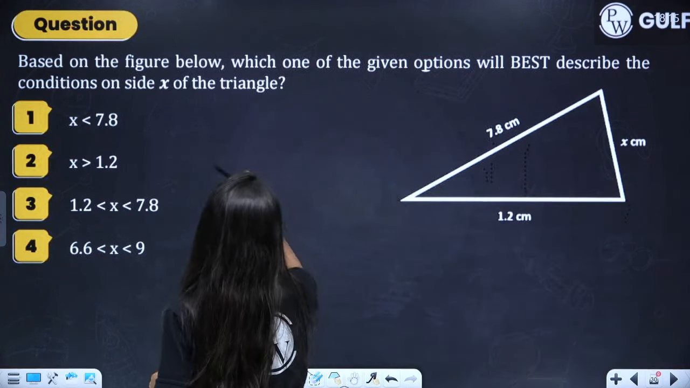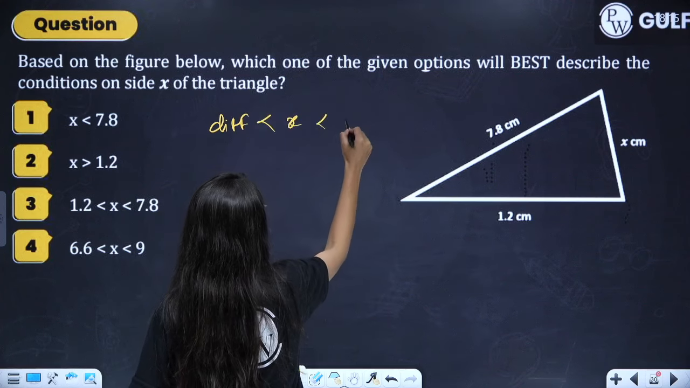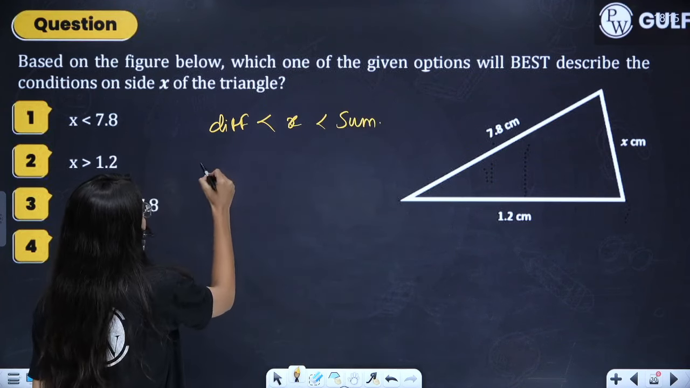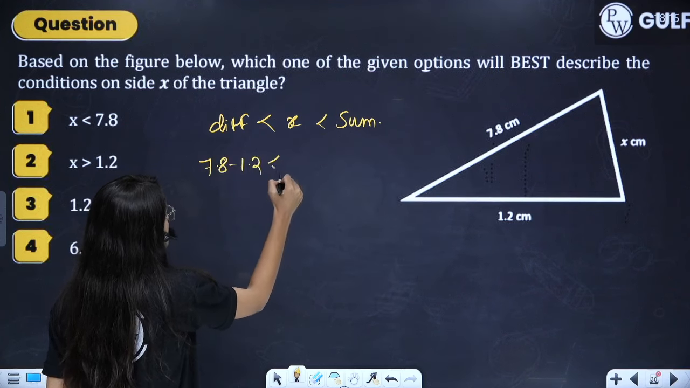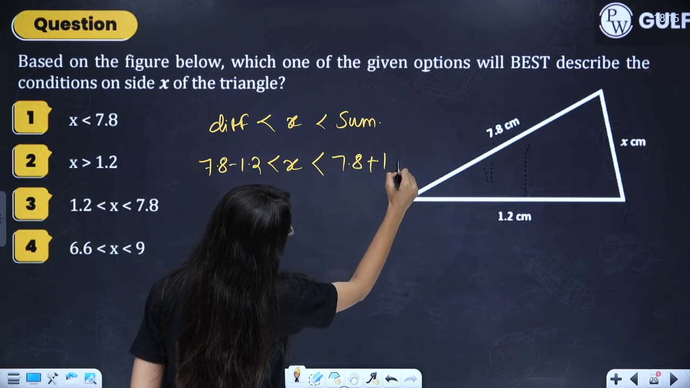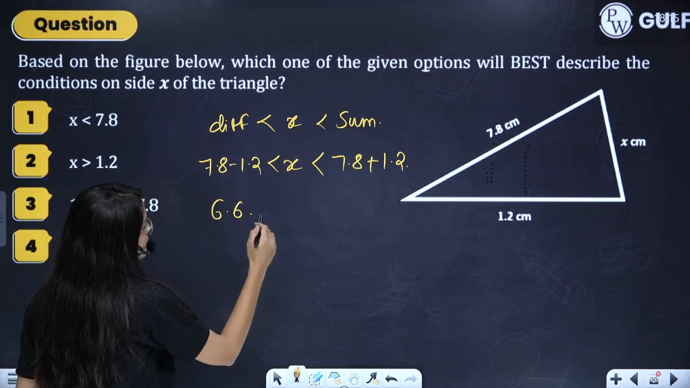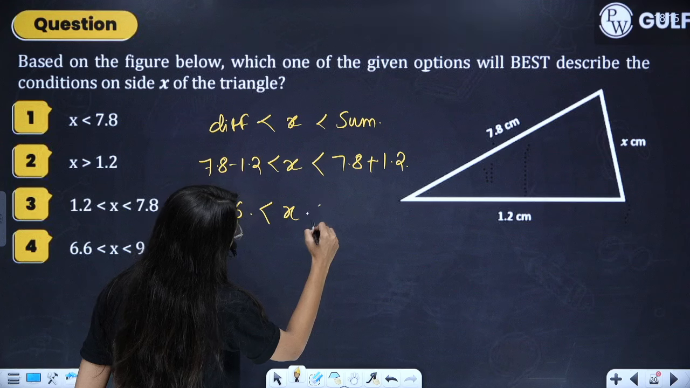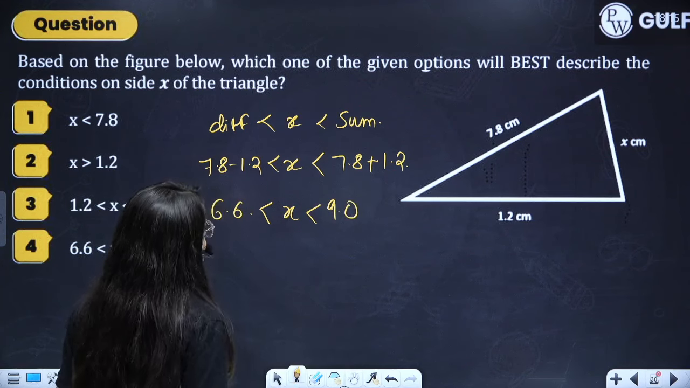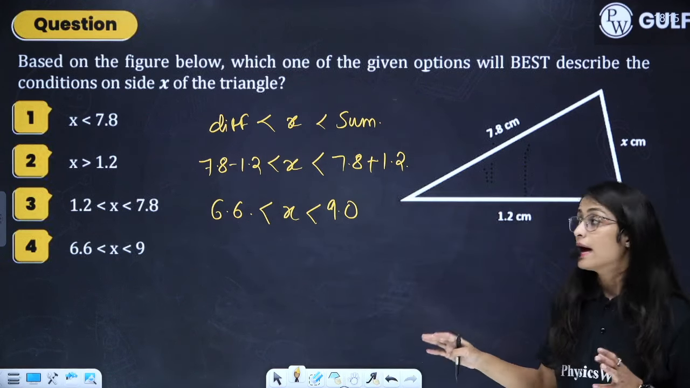So I must say that the difference, x, right? So I'll just do the difference of it. 7.8 minus 1.2 would be lesser than x, which is lesser than 7.8 plus 1.2, right? If I subtract them, I'll get 6.6, and if I add those, I'll get 9, right? So here the sum is greater than the third side. It means the third side is lesser than the sum, and the difference is